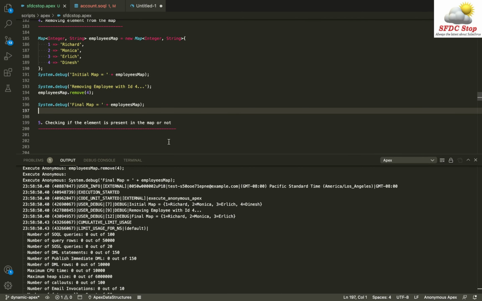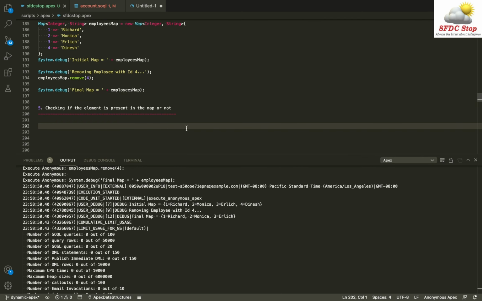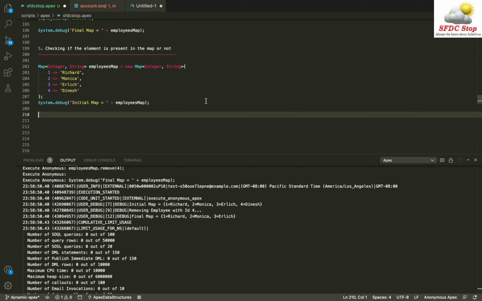Now let's see how can we check if an element is present inside the map or not. Let me use the same map again. So this is our initial map. I want to check if a particular element is present inside a map or not, and how can we check that? We can check that by using the key, right? Because in case of map, we are always using the key to interact with the map.